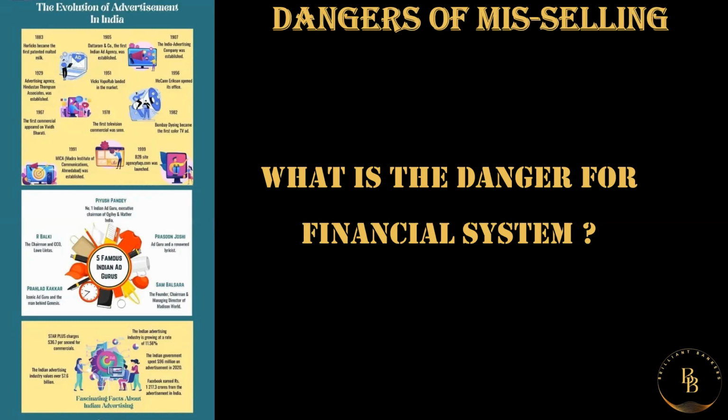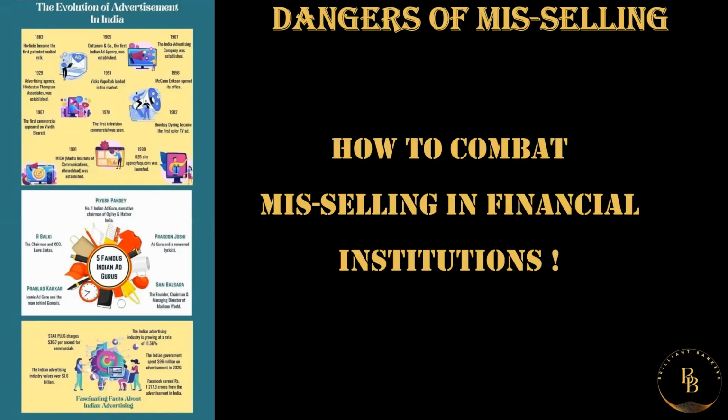So how do we combat mis-selling in financial institutions? The RBI and the Indian government have implemented measures to curb mis-selling, like stricter regulations, wherein the RBI has set rules for product suitability, clear disclosures, and ethical sales practices. Customer awareness, wherein awareness about financial products and customers' rights is spread through educational campaigns. The grievance redressal facility, by establishing an effective grievance redressal system and an ombudsman scheme for